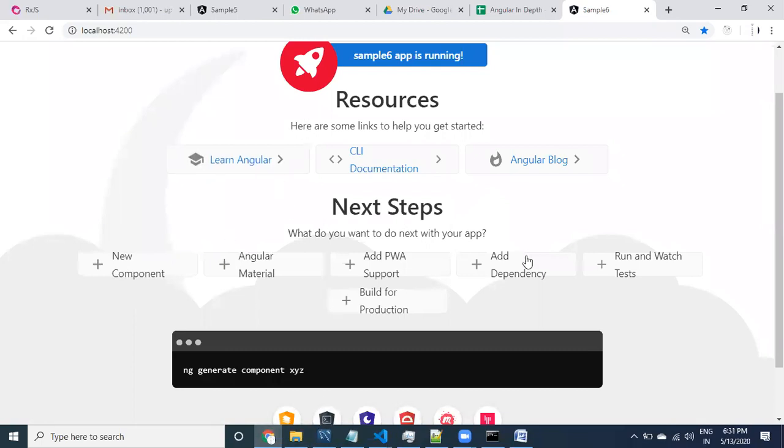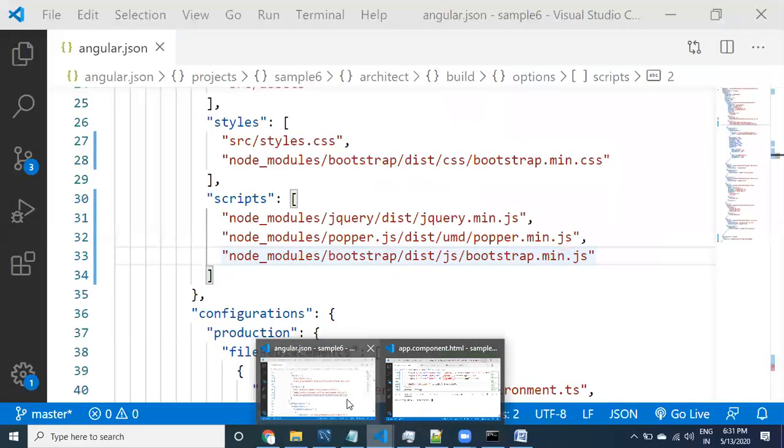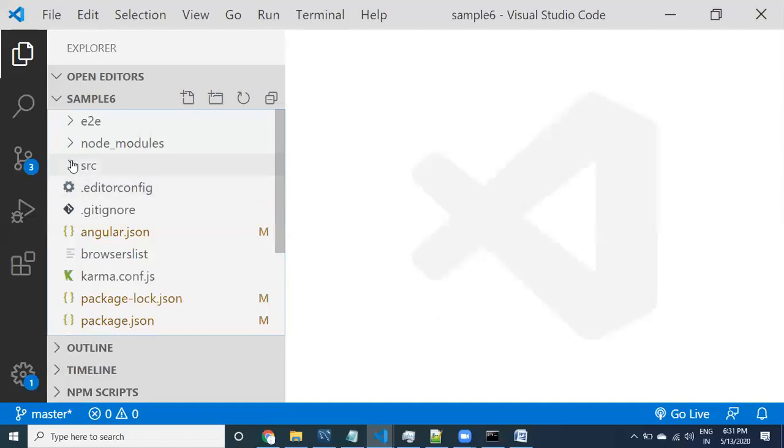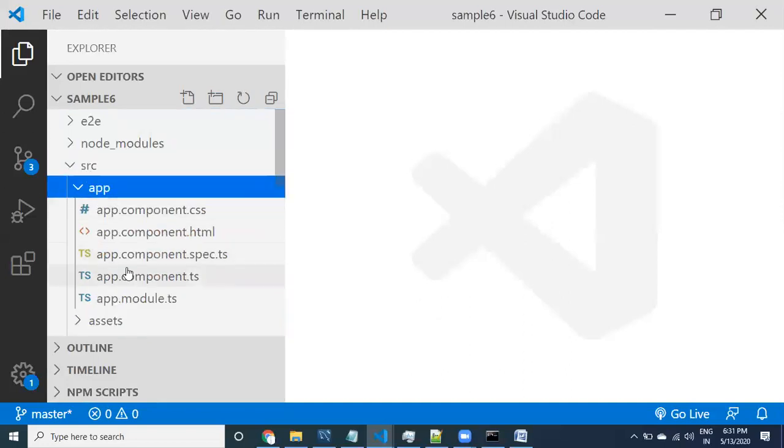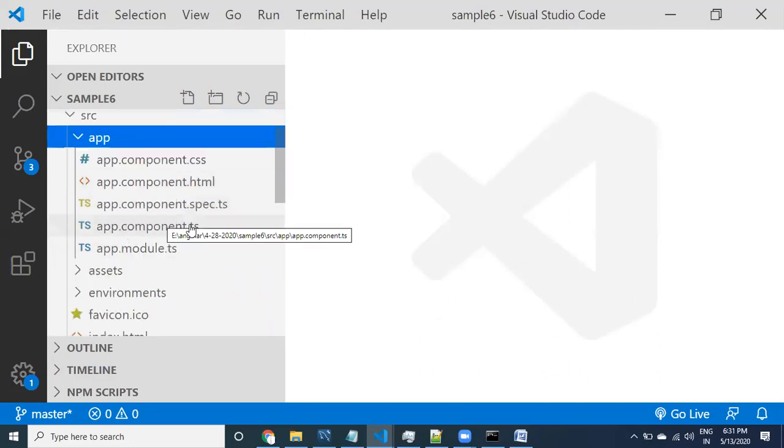remove this HTML. I don't want this HTML available in this app component. I'm going to the component class, the default component. The default component is app, and default components will be available in the app module.